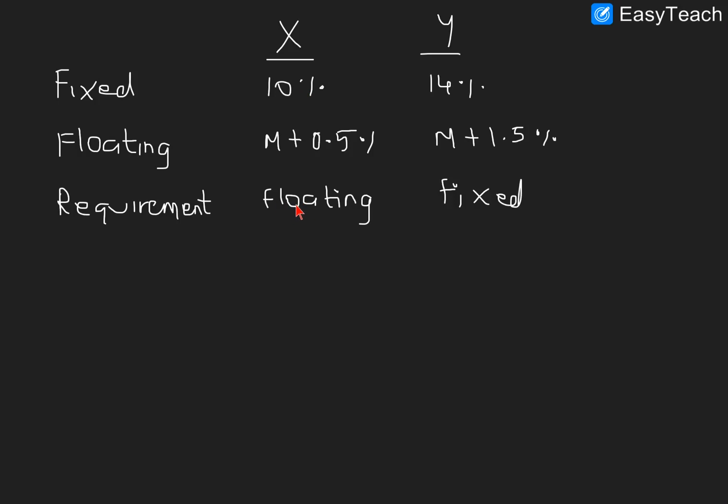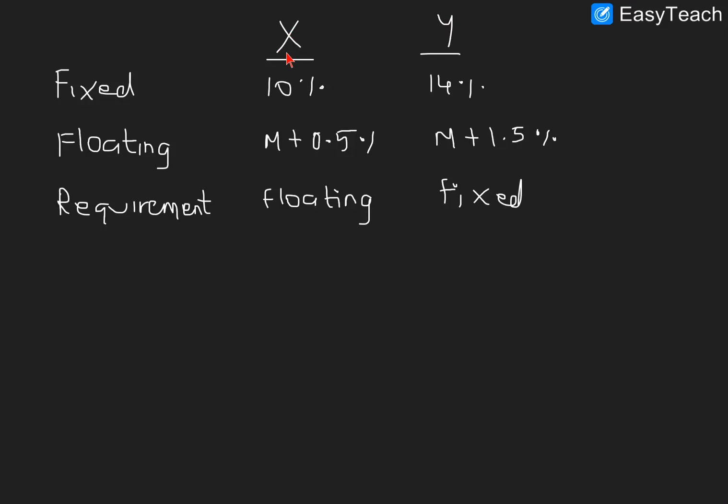We can say that requirement of X is a floating rate, requirement of Y is a fixed rate. So in this video let me just show you how we can create a swap over here so that both the parties X and Y are having an advantage for it. Now for that,